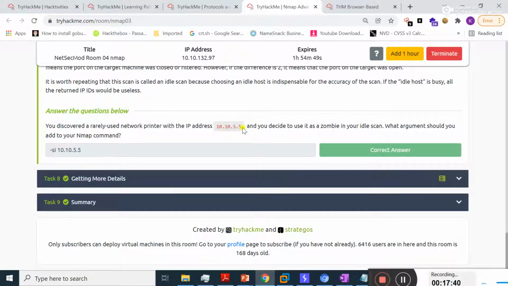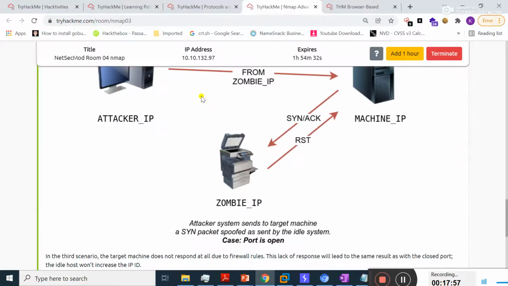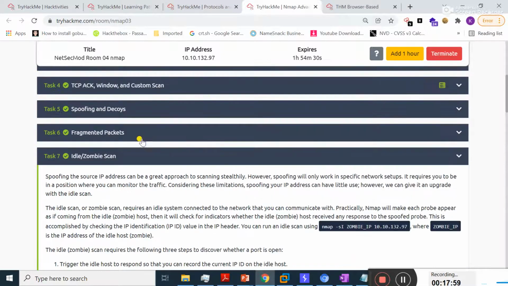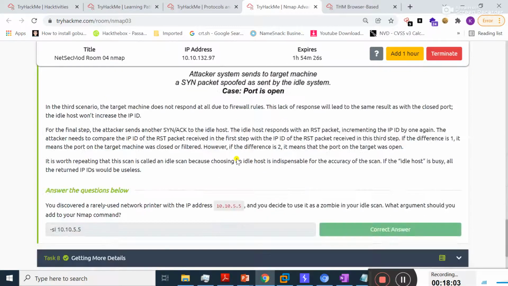Now it's time to use this IP address as a zombie in your idle scan. What argument should you add to your nmap? I should add -sI and then the zombie IP address. This is the IP address of the printer that I actually used as a zombie. The -sI switch will be used in a zombie scan. Here you can see this is the full syntax of a zombie scan.